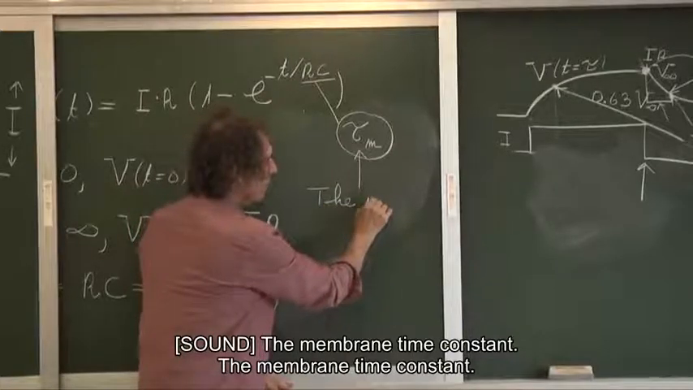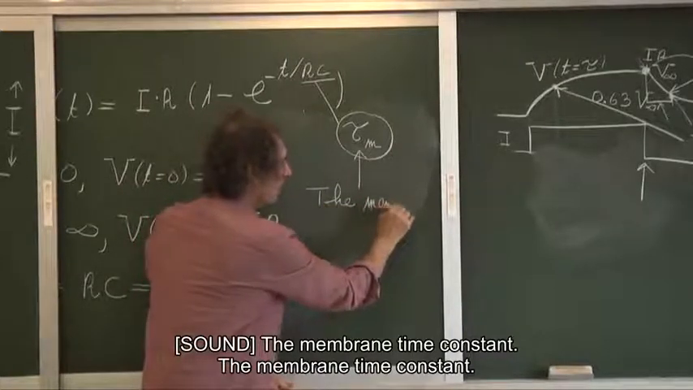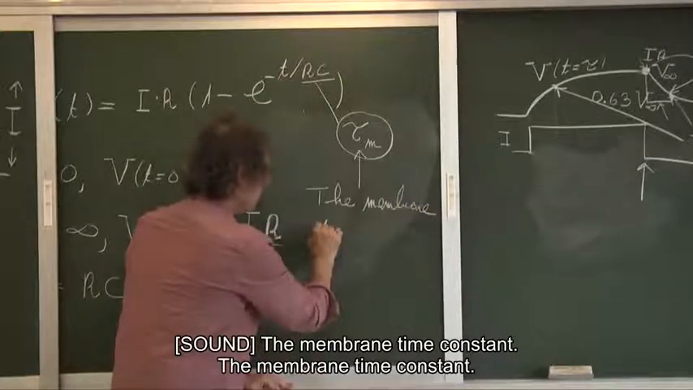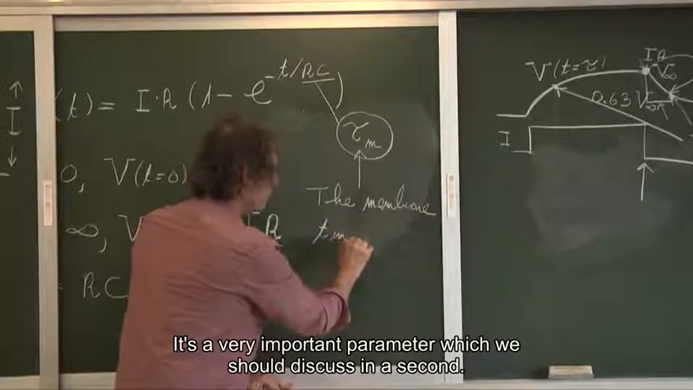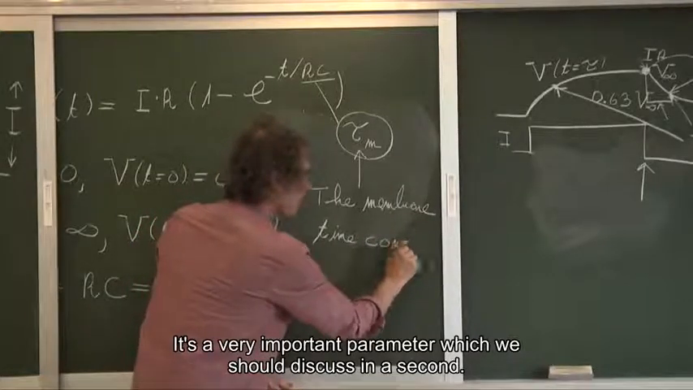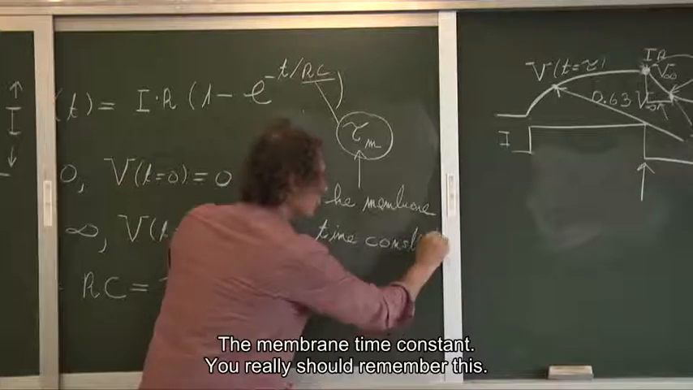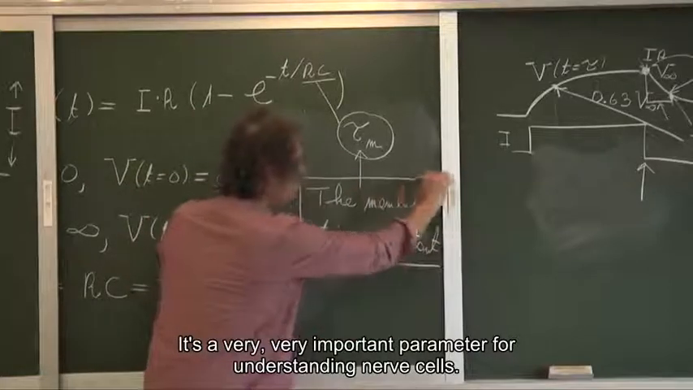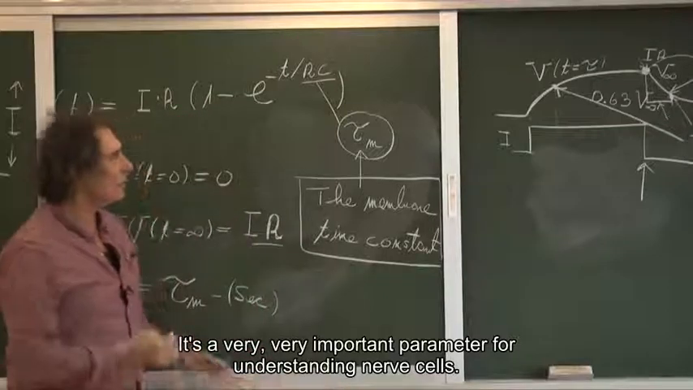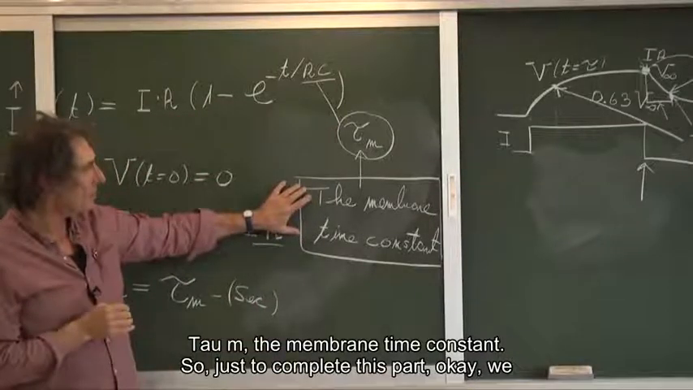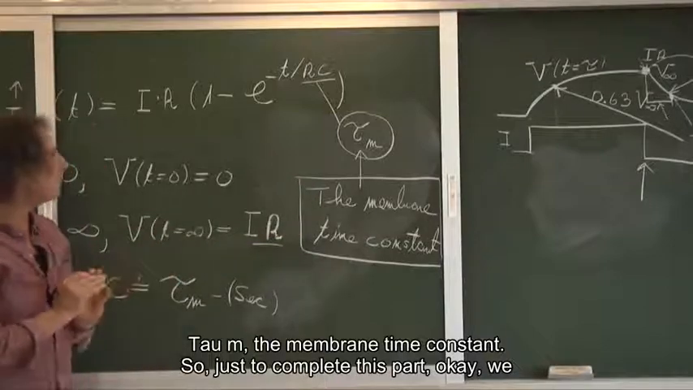The membrane time constant. It's a very important parameter which we should discuss in a second. The membrane time constant, you really should remember this. It's a very, very important parameter for understanding nerve cells. Tau m, the membrane time constant. So just to complete this part,